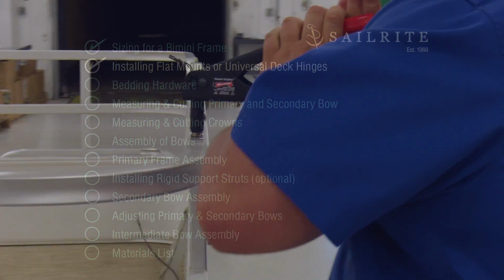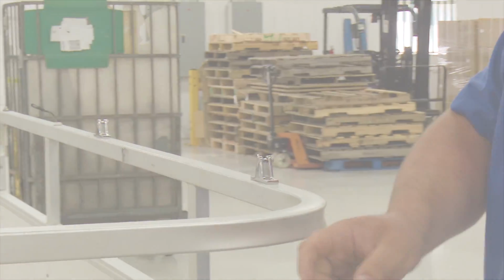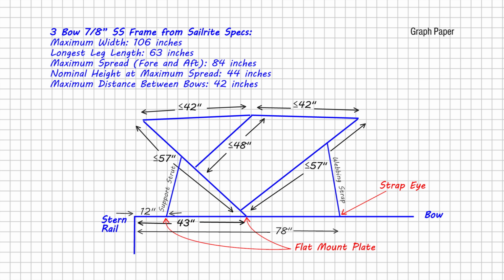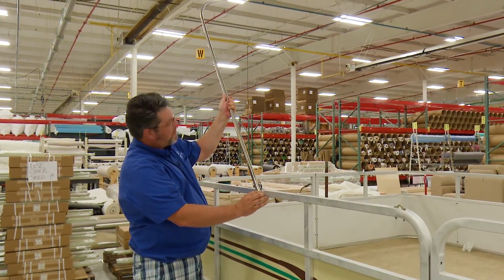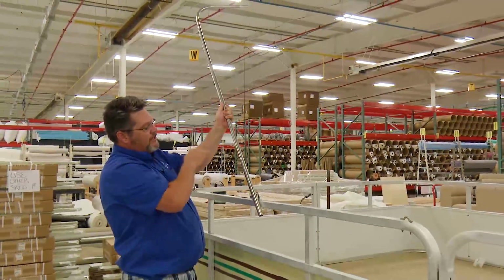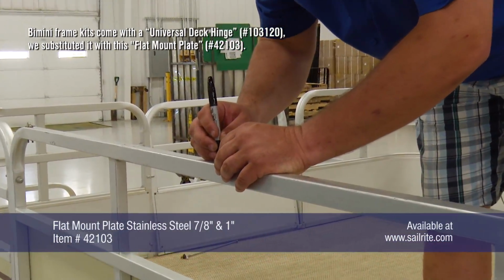To begin installation, you will need to determine where the flat mounts or deck hinges will be installed. To do this, we like to use drafting paper and draw to scale a sketch of where our Bimini will be located to cover our desired location on the boat. Or instead of drawing it out, you could get the bows with a helper and take them to the boat and hold them at the appropriate angle and the appropriate spread fore and aft to determine where the flat mounts go. We did it both ways, and we determined that we need a flat mount here 43 inches from the